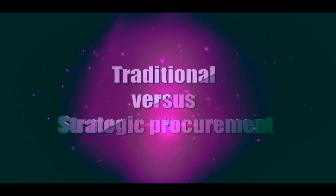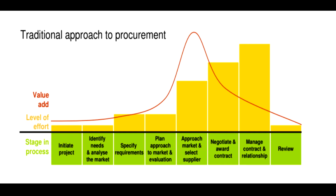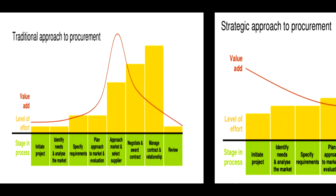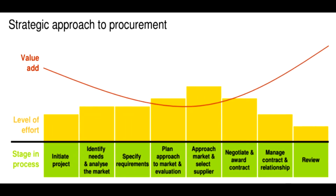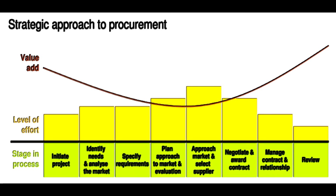Traditional versus strategic procurement. The difference between traditional procurement and strategic procurement is that in traditional procurement, little time is spent on planning, and as a result, an increasing level of effort is required during the contract and negotiation phase. Whereas in strategic procurement, planning, research, and analysis add significant value in identifying solutions that will meet the need and